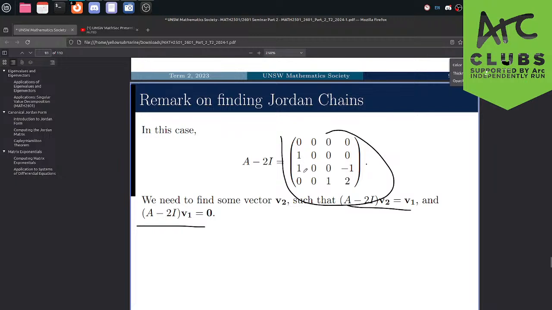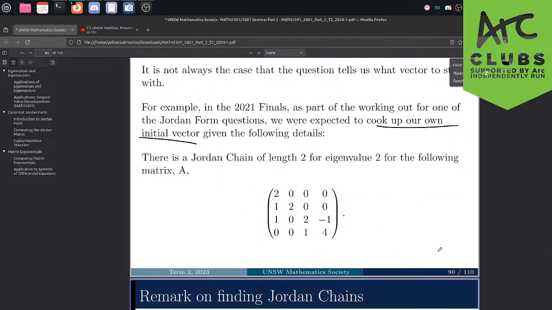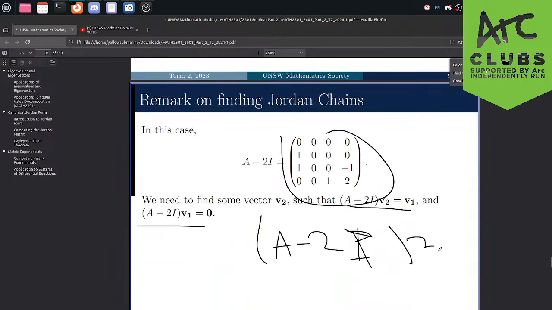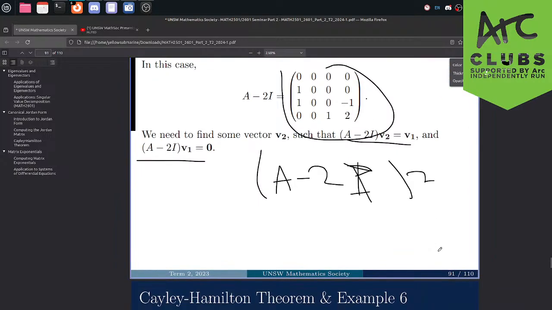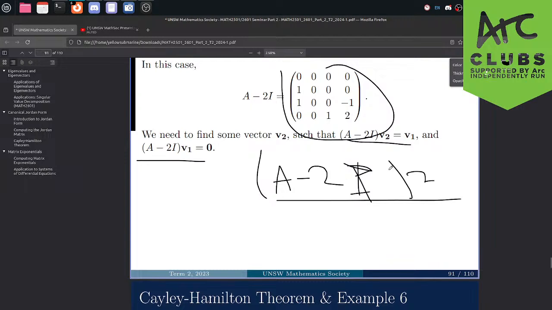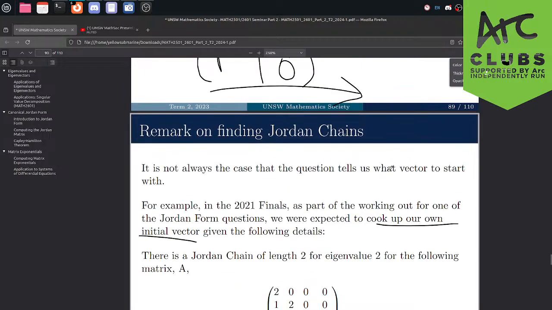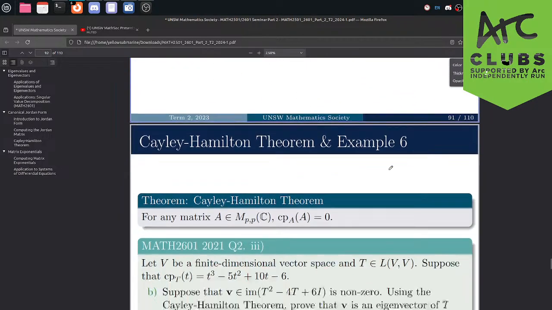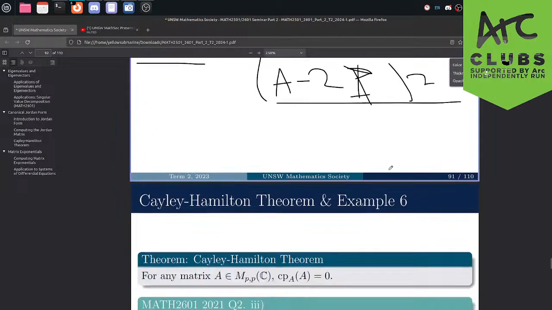And one way you can do this is just by taking (A minus 2I) squared, finding the kernel of that and doing some more analysis, or if you want to be safe, you can cube it to see if the dimension changes. Just a slightly bashy question, but shouldn't be too bad. I won't go over the calculations, but this is essentially the method. Calculate (A minus 2I) squared, find an eigenvector, calculate a Jordan chain of length 2, and Bob's your uncle.